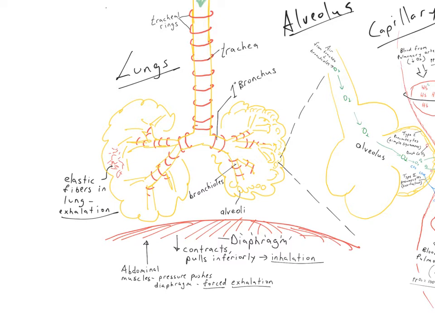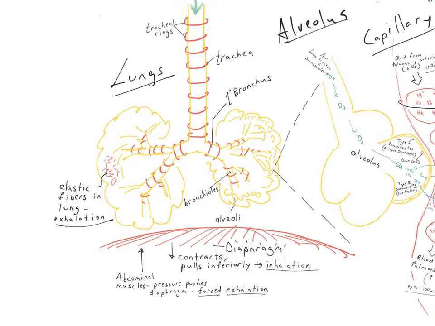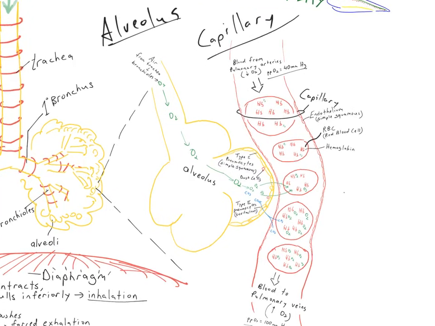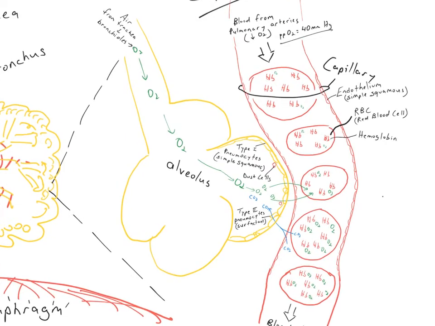out of the lungs. Let's take a closer look now at what happens in the alveolar sacs once the air gets there and how oxygen in the alveolar sacs moves into the bloodstream. To do that, we're going to take a closer look at the alveolus itself and see what's happening. When the air makes it into the now microscopic alveolus, this is a magnified view of an alveolus here. When that air laden with oxygen makes it into the alveolus, what the alveolus looks like is a very simple epithelial lined sac. It's a simple squamous epithelial tissue that's surrounding the alveolus, right in its